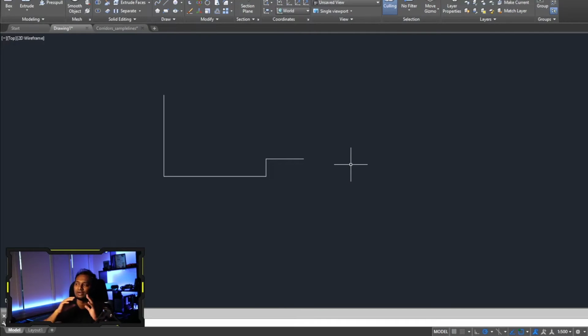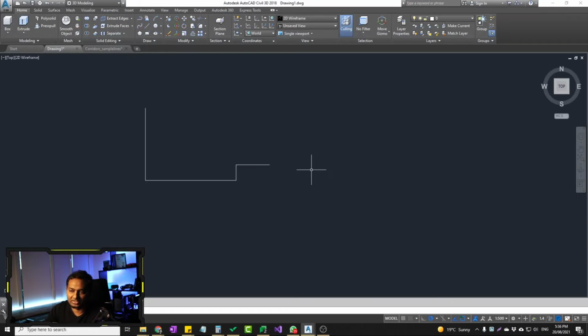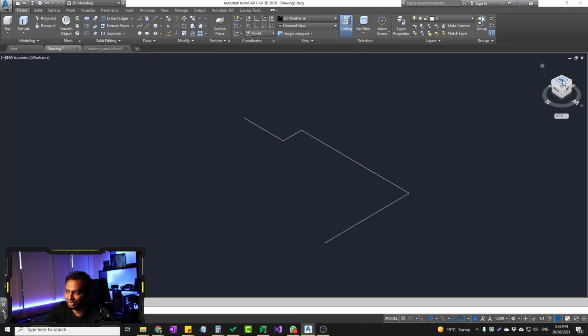So the model space is a sort of like a special place where you can do a whole lot of other things in here. So the first thing is not just drawing objects. You can import objects into it. You can open another drawing which can read from the DWG file and load the objects into the screen, and you can rotate the object as well. Using the view cube, you can rotate the object,